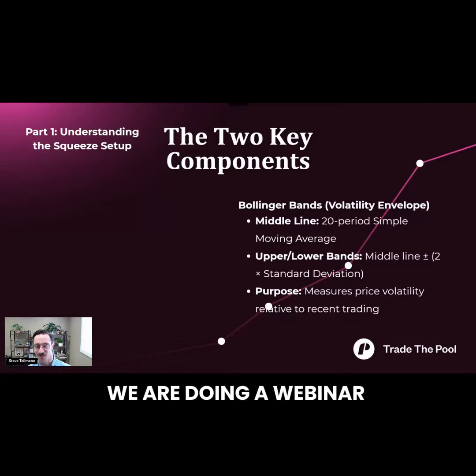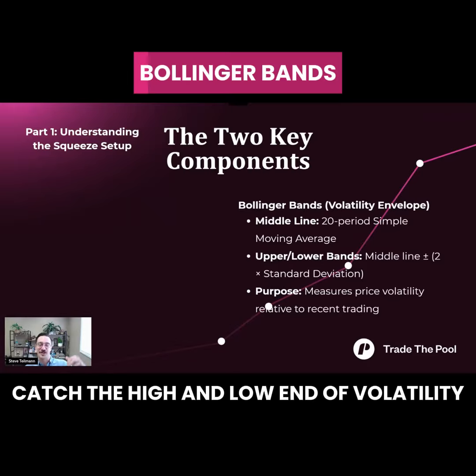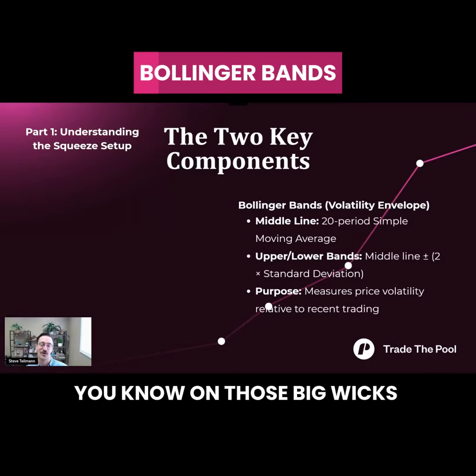We are doing a webinar on Bollinger Bands, on Keltner Bands, and on how to use them together. First off, the Bollinger Bands are like a volatility envelope. They're going to catch the high and low end of volatility. On those big wicks on the morning runs, often those will wick down off of Bollinger Bands because